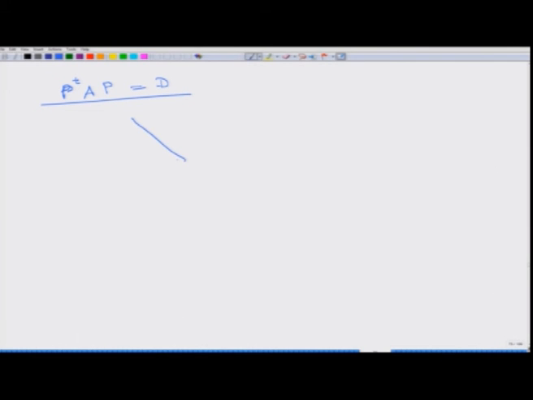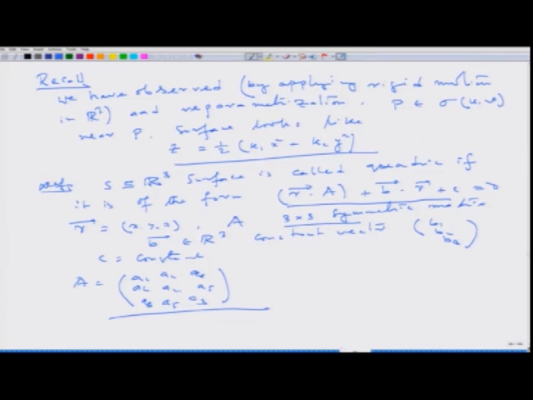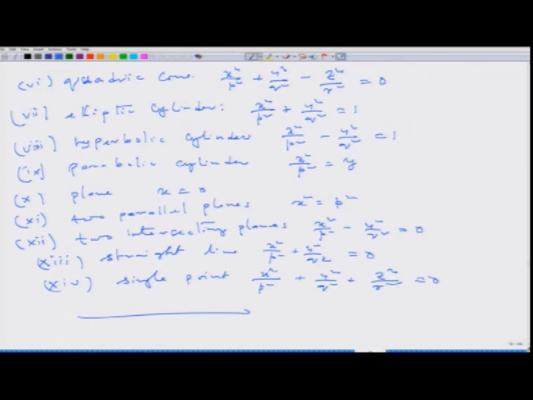Now, if I have a diagonal matrix, then these equations become easier to handle. Now, by translation, depending on the entries of the diagonal and B1, B2, B3 and C, you will get one of these equations 1 to 14. So, the proof is very easy, you can try it yourself.